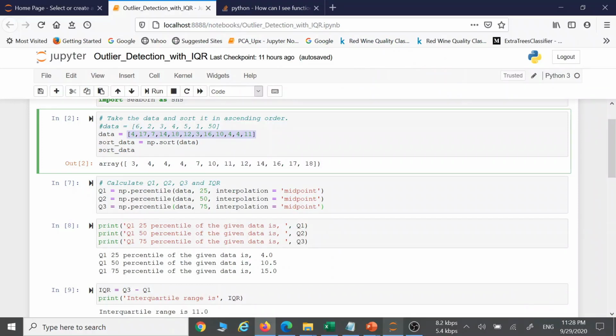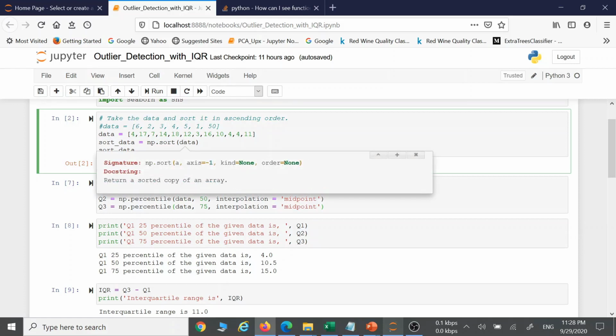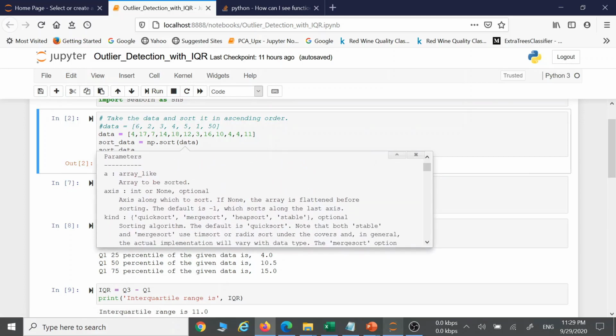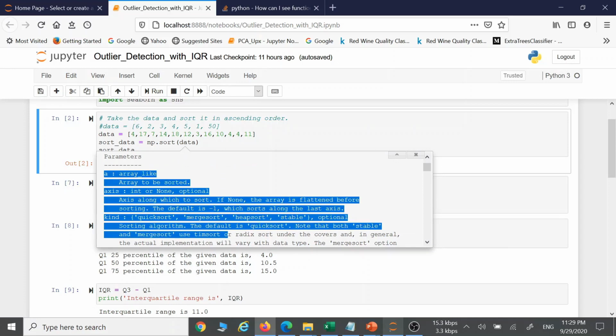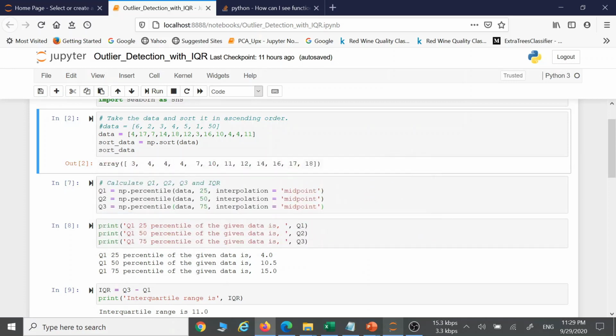What we did first in our example was sort the data. Same here, first we need to sort the data. For that we will use the np.sort method, and if you want details, you can use shift tab and you will get the help. You can use the plus sign to see what you have to mention here.